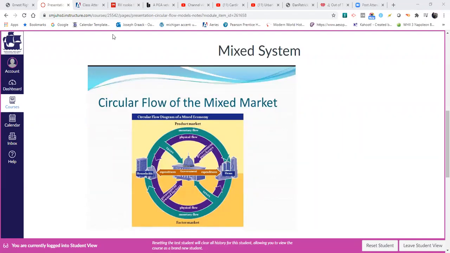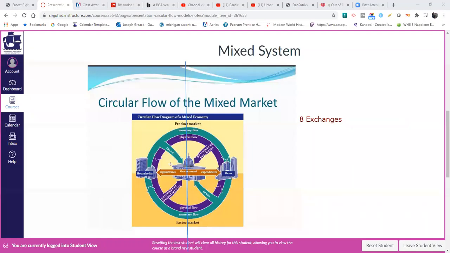All right, in a mixed system, we have the same thing. We are going to have a product market and a factor market. Product market, again, remember, is where finished goods and services are exchanged for money. Factor market is where land, labor, and capital is exchanged for money. But in this, we have a minimum of 8 exchanges because of